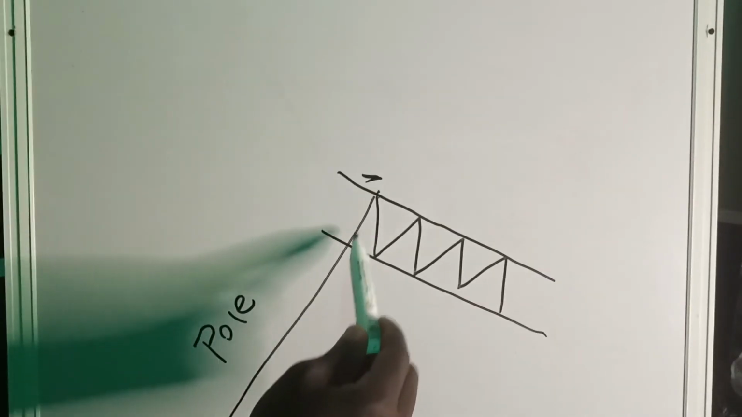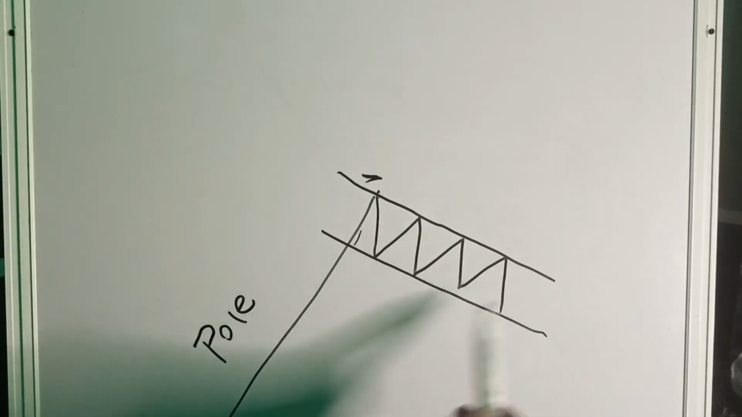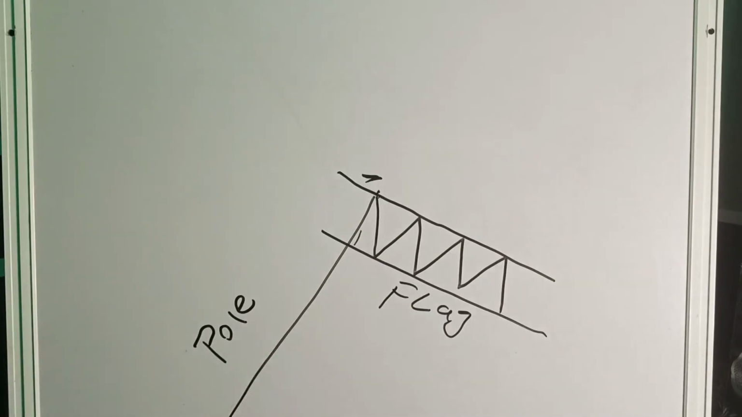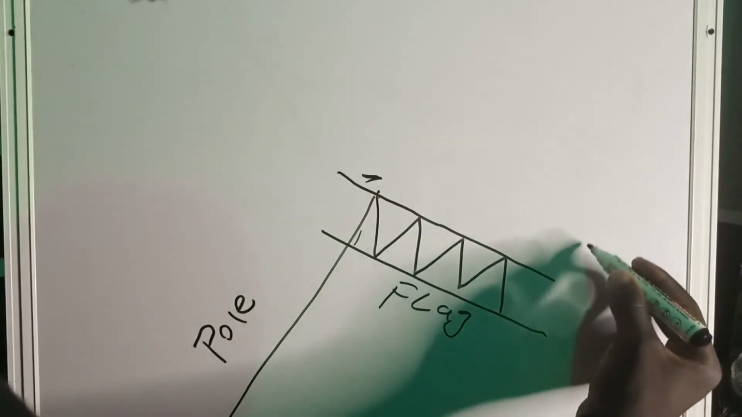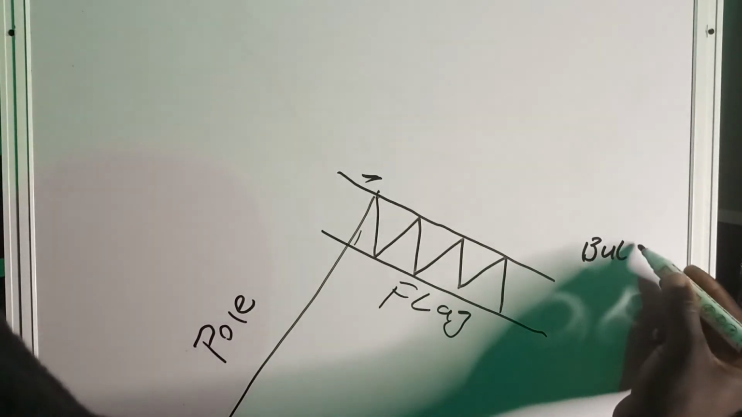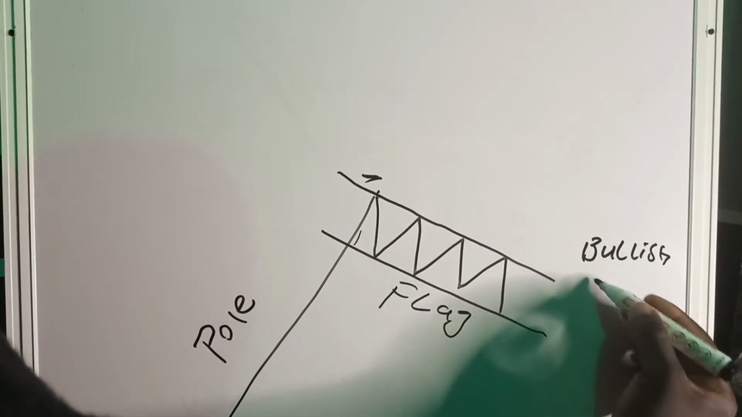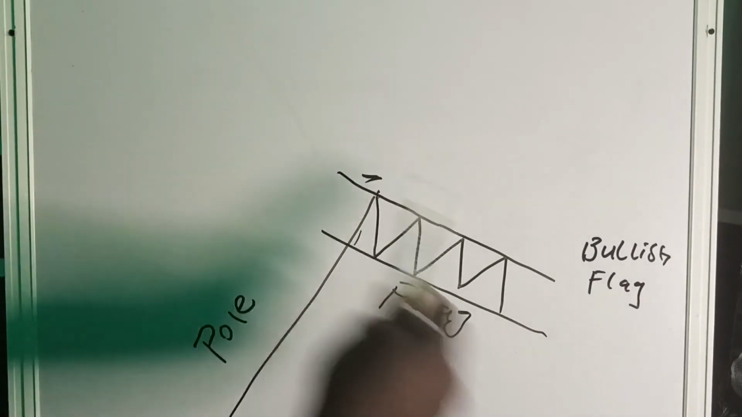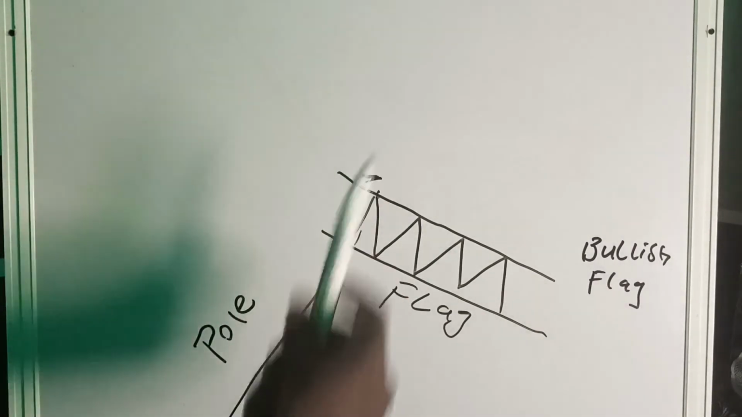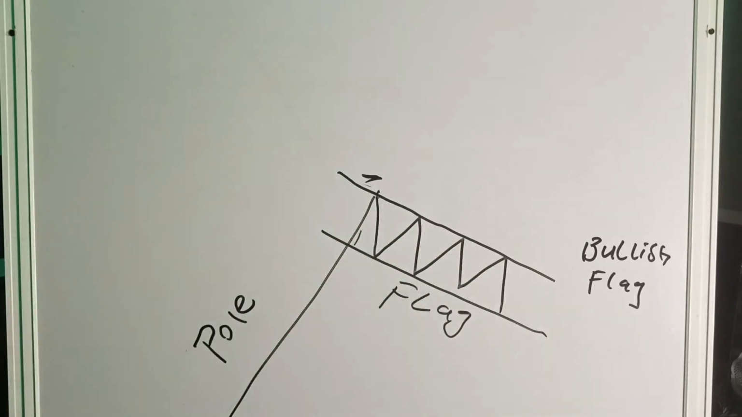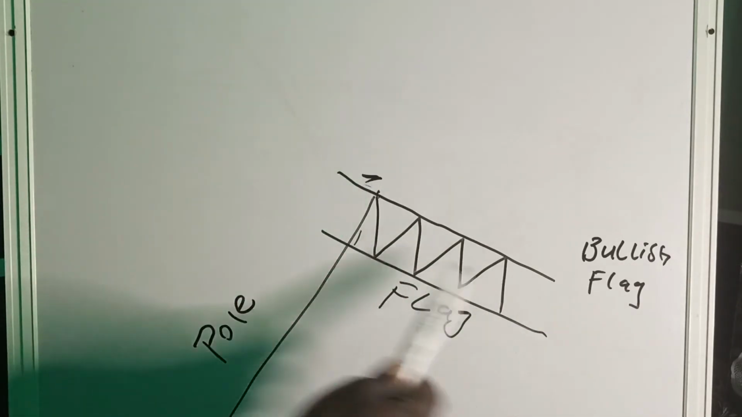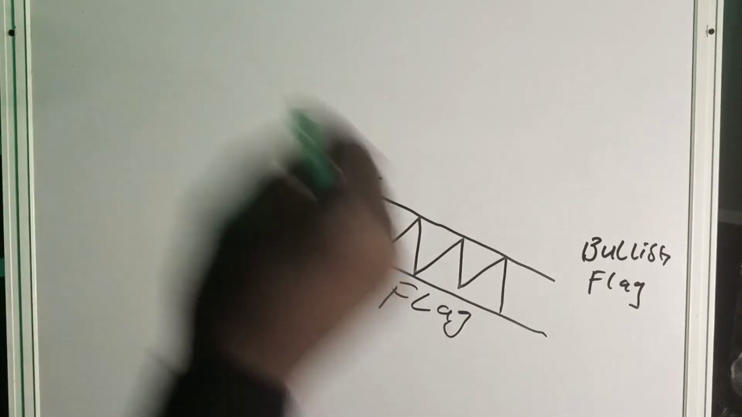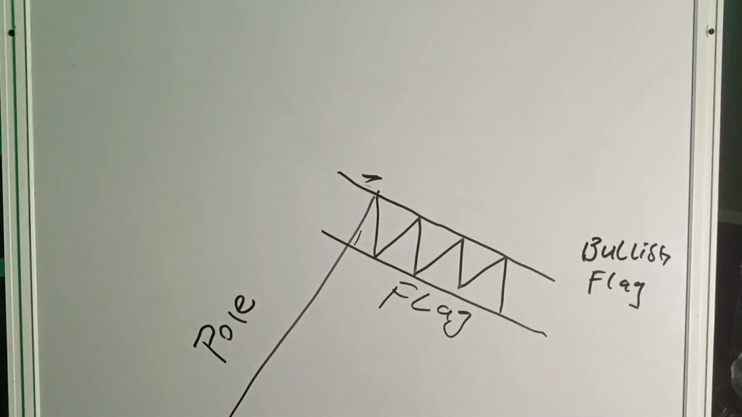Then this channel will be our flag. This is how simple the bullish flag is. This is the bullish flag. Now this is formed after a push up, and then we'll have a bearish channel. The channel will be our flag, the impulsive push up will be our pole, and then this is mostly a